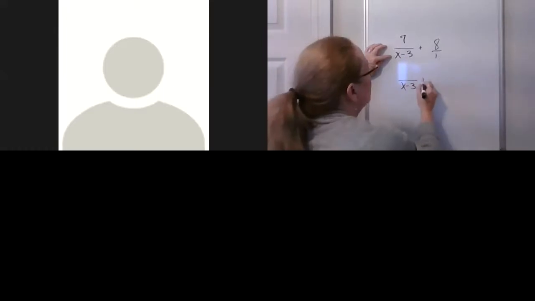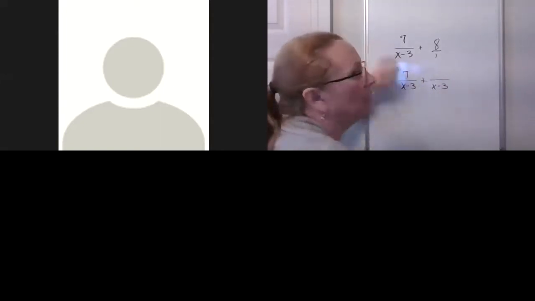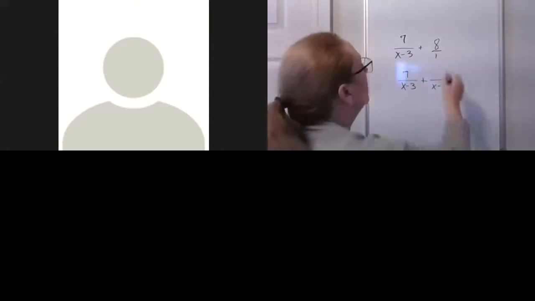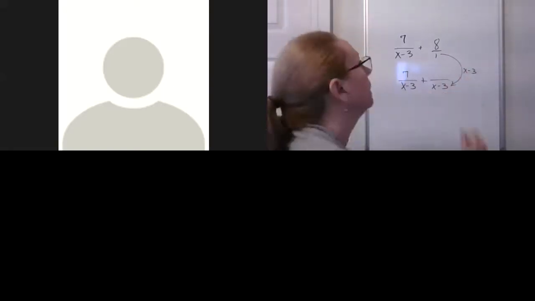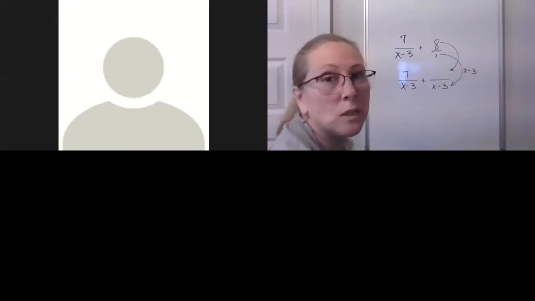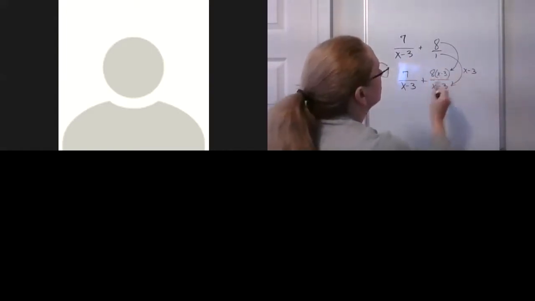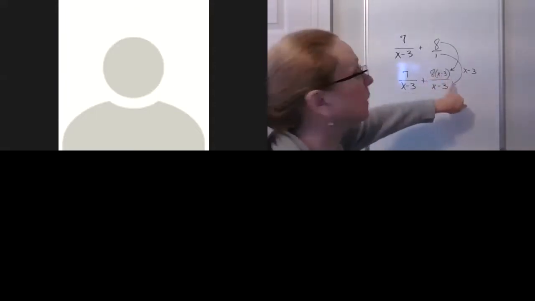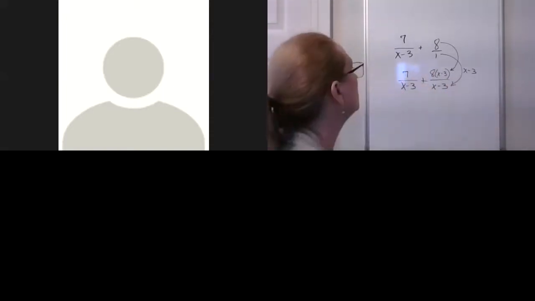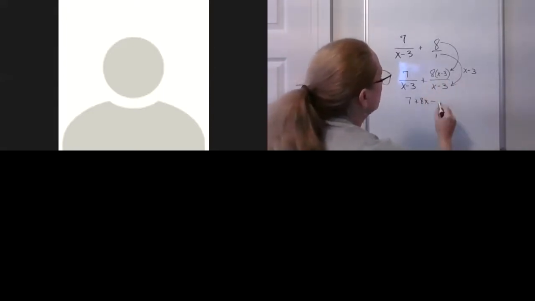And when we already have x minus 3, then this stays the same. But here we had 1. So if we had to multiply by x minus 3 to get that denominator, we have to multiply 8 by x minus 3 to get that numerator. Luckily, it's a positive out front. If it was a negative, I would be multiplying through by a negative 8, but it's a positive, so we multiply through. 7 plus 8x, and then negative 8 times 3, 24,